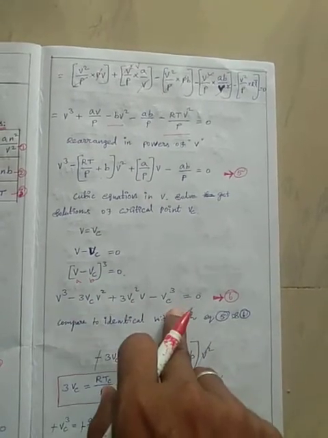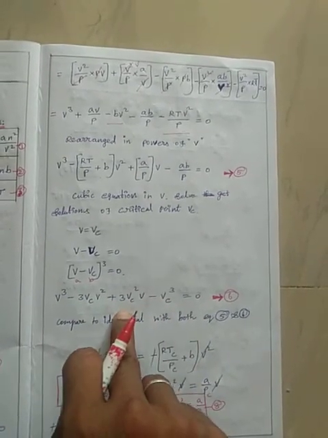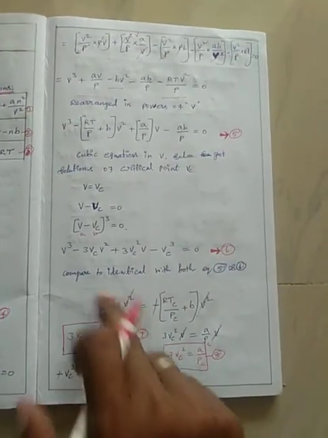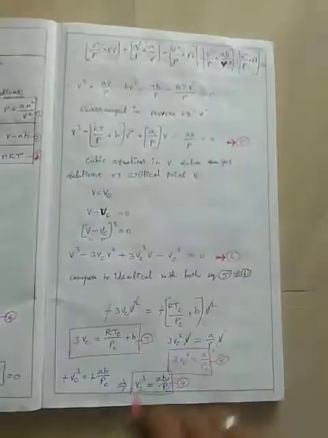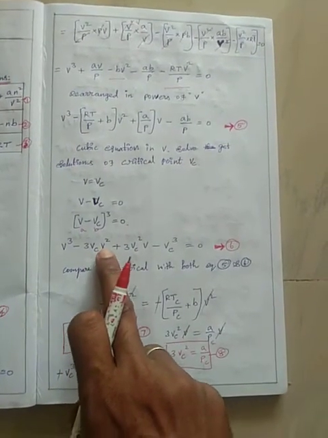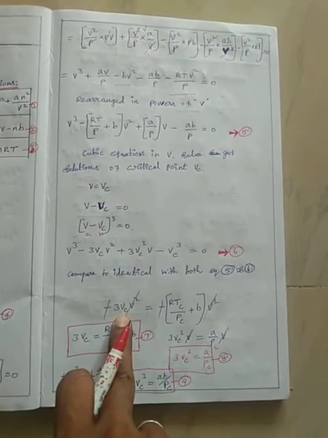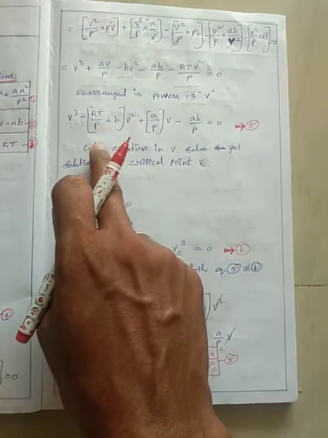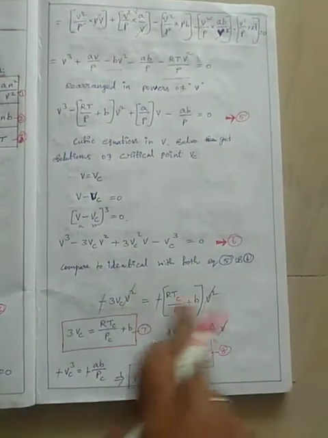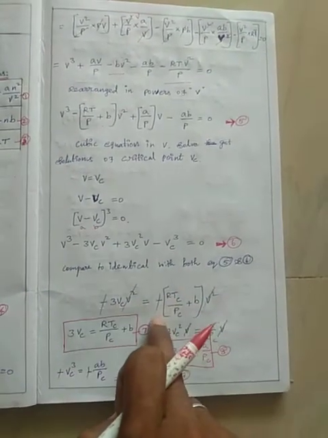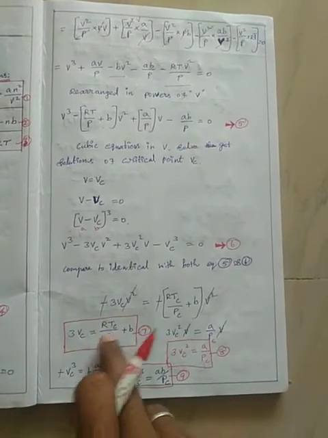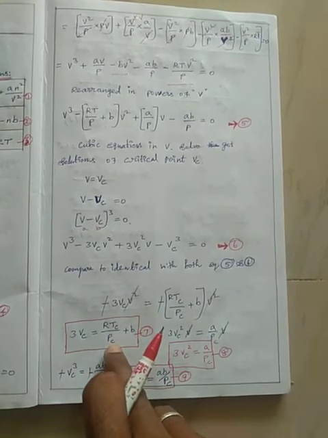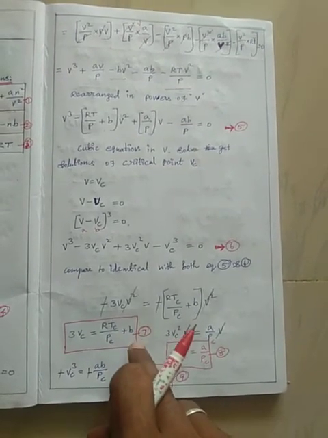You will see here the application of the volume of the cubic. So both equations 5 and 6 are equated. First of all, when you equate, Vc cubed will be cancelled. So minus 3Vc squared minus 3Vc V squared equals minus RT divided by P plus b. So V squared will be cancelled, the minus will be cancelled. So 3Vc equals R Tc (critical temperature) divided by Pc (critical pressure) plus b, mentioned as equation 7.